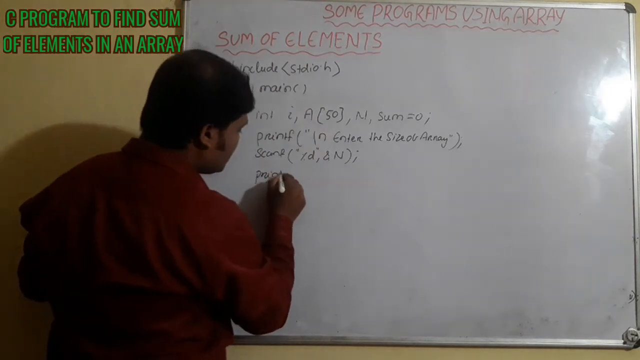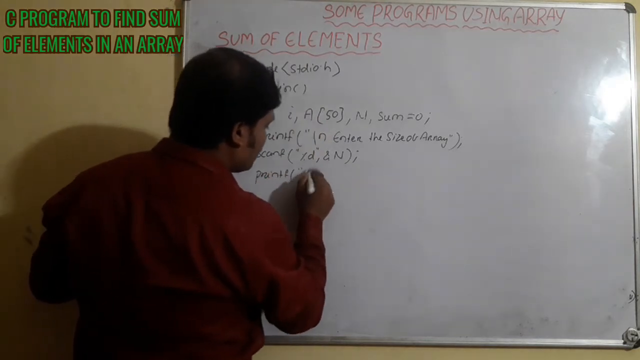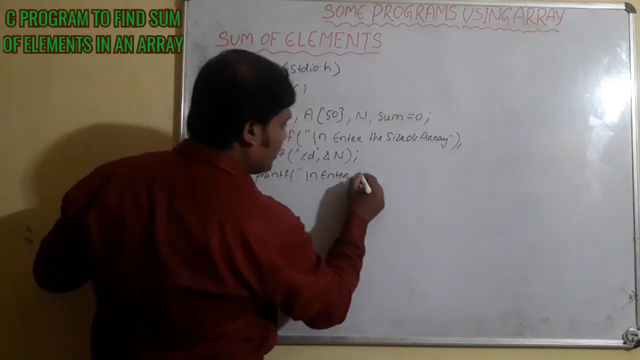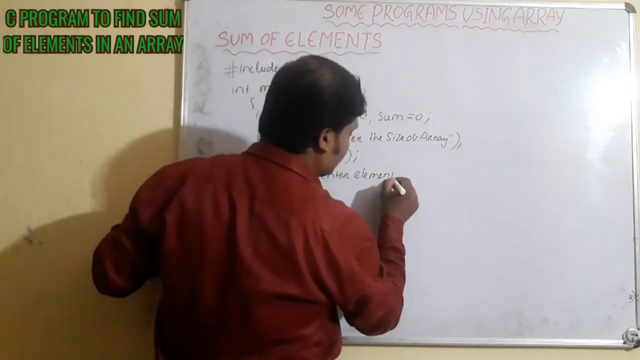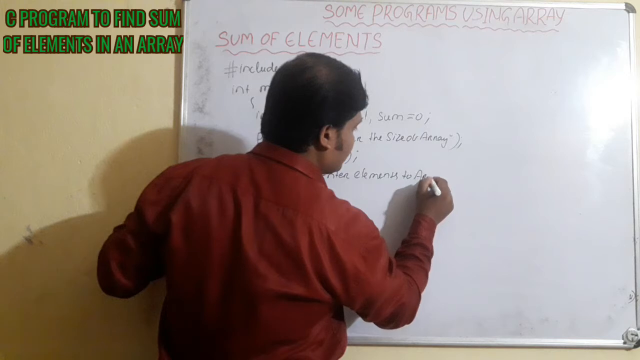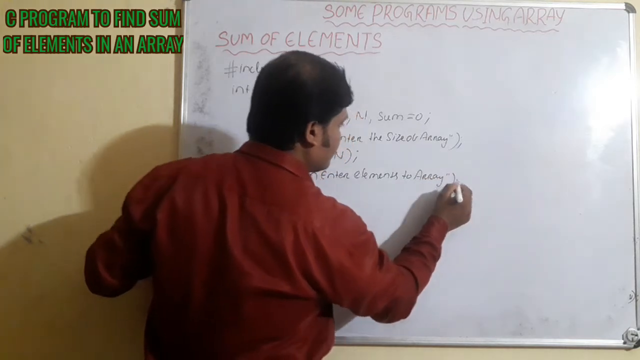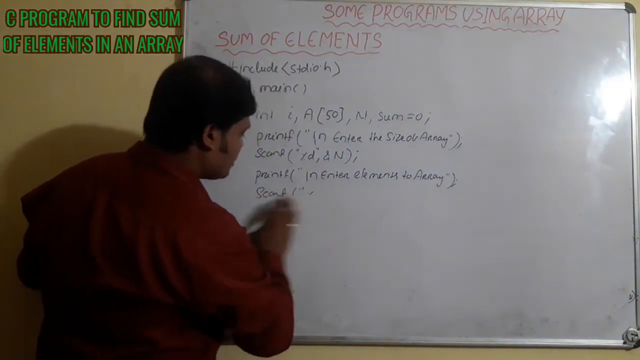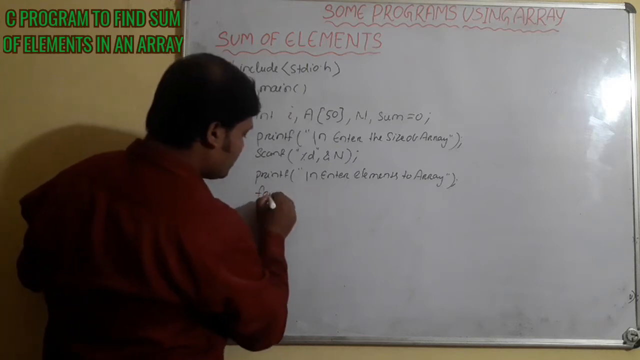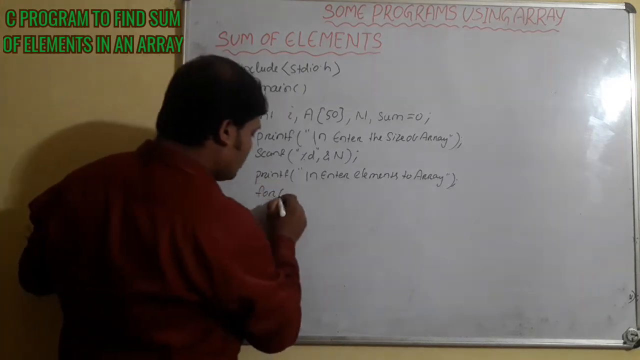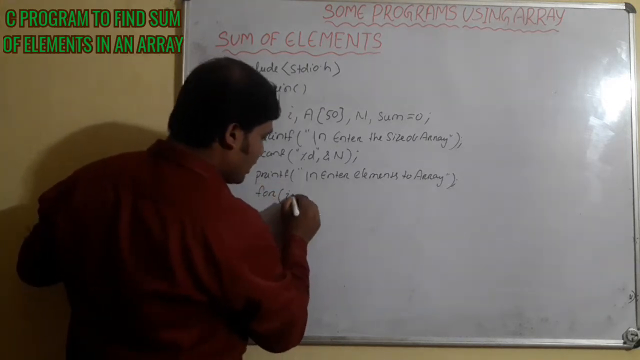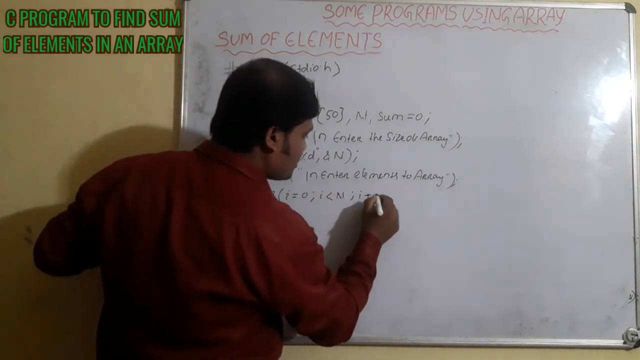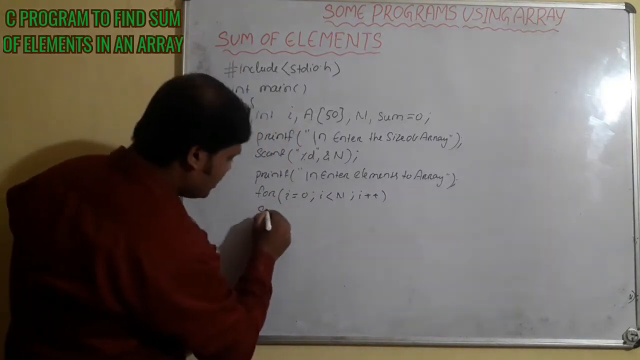First give the message printf: enter elements to array. Then scanf. I have to take what? One loop. Any loop you can take. I am taking a for loop. i equal to 0, i less than n, i plus plus. Clear? Then scanf